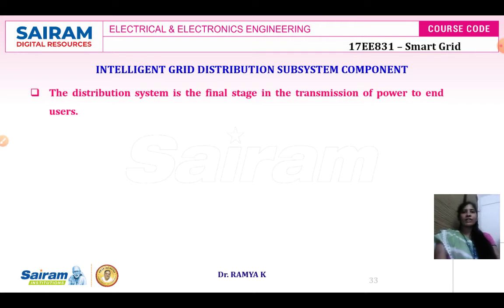Here we'll be having two feeders. One is going to be the primary feeder, and the second one is going to be the secondary feeder. So this is the final stage for transmitting your power to the end user. The primary feeder will transmit the voltage, and this voltage supply will be supplied only to the small industrial consumer. And we have a secondary distribution feeder. The secondary distribution feeder will supply power to both residential as well as commercial consumers.